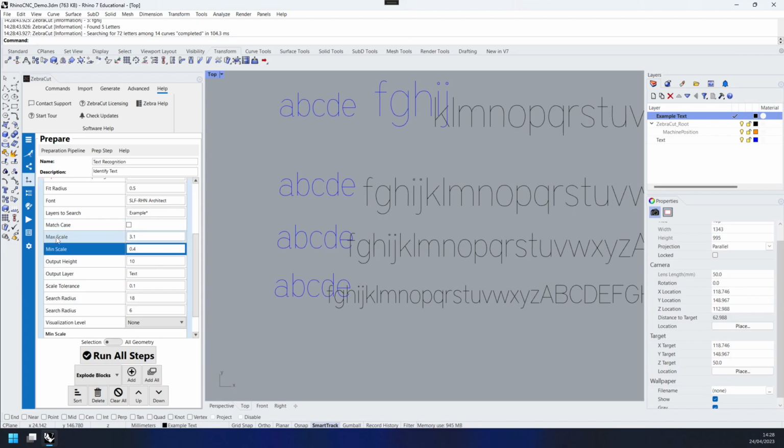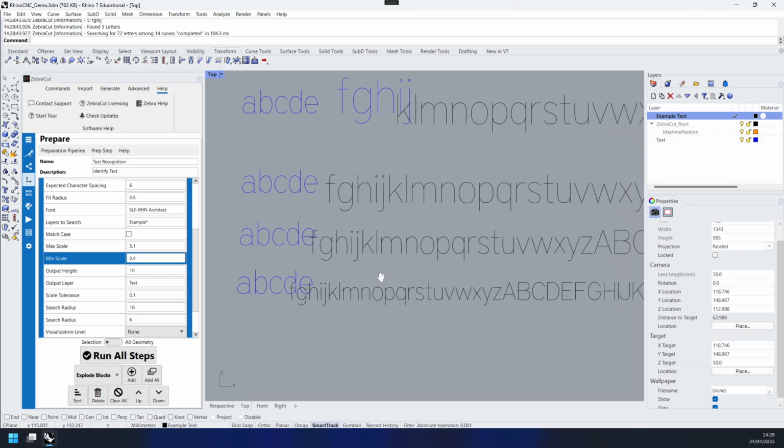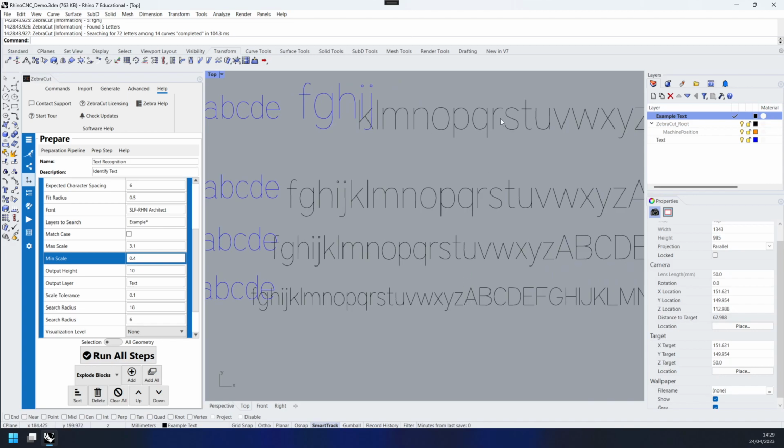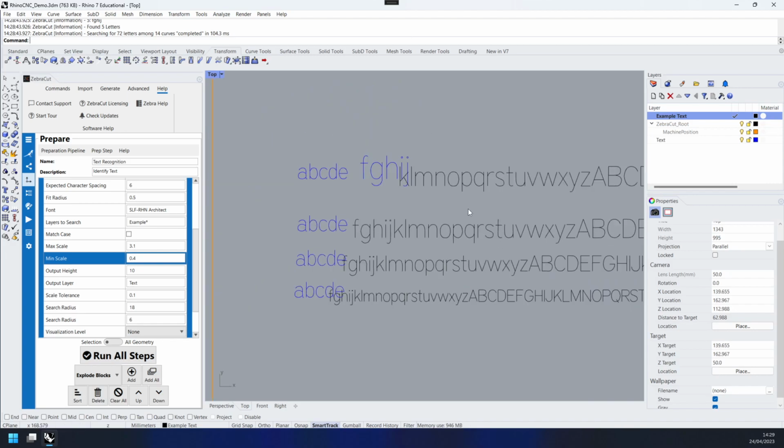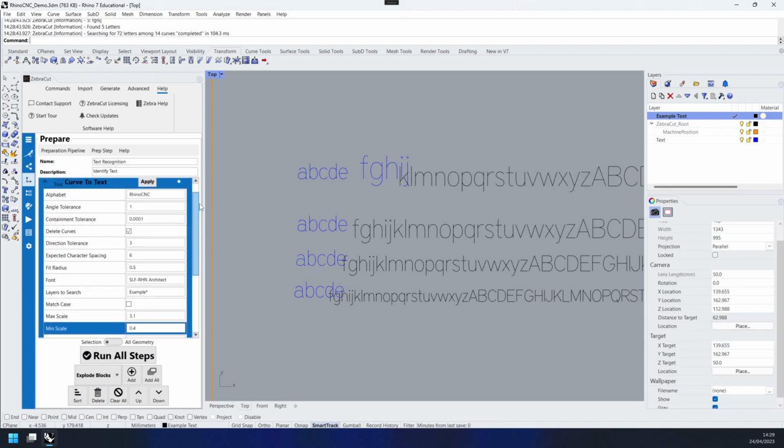You of course can change the maximum and minimum scale that you want to find, so we're going to go for 3 times the trained font, down to about half size the trained font, and that's kind of covering this kind of variation in text scale. Again, if you have problems actually recognising some text, do please get in touch with technical support, and we'd be glad to help you to configure ZebraCut to be able to recognise your specific text from wherever it has come